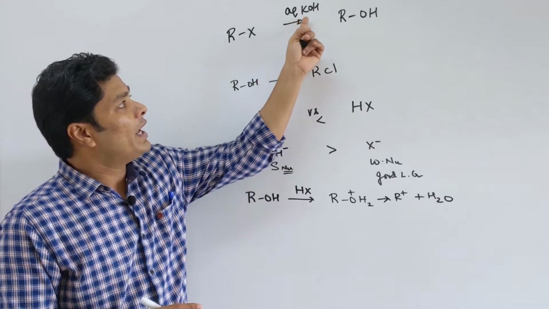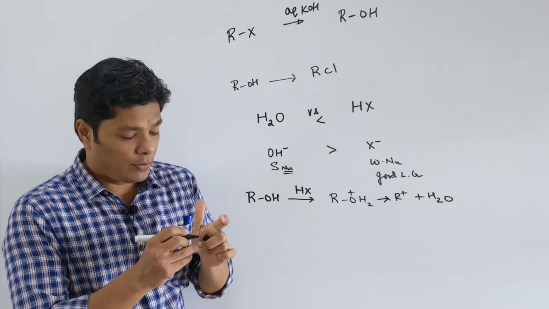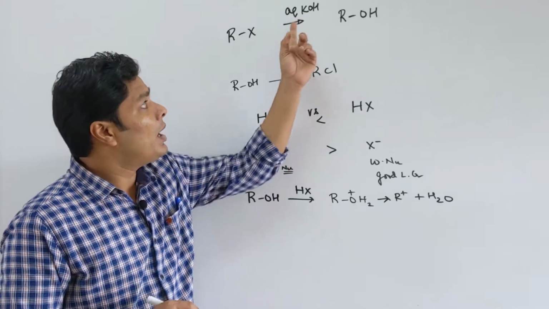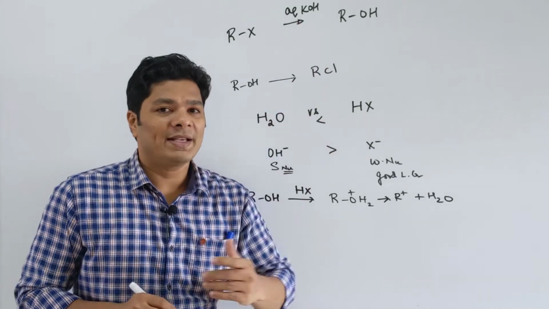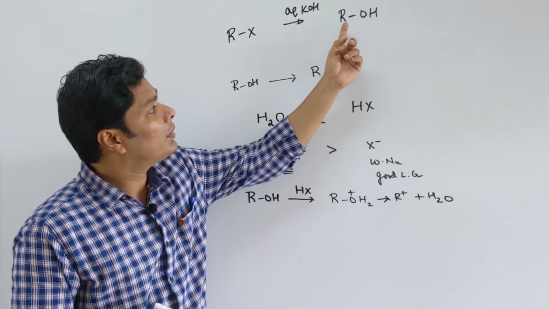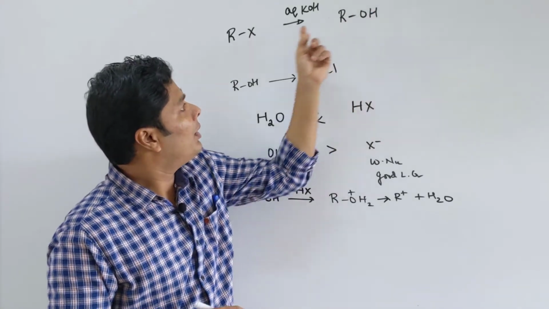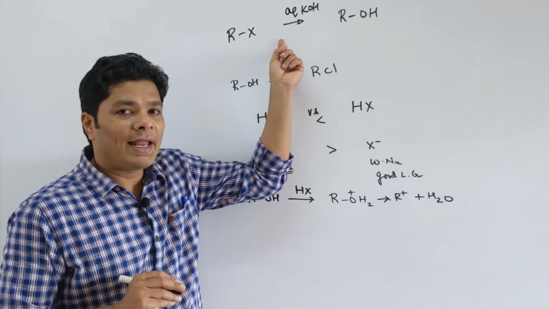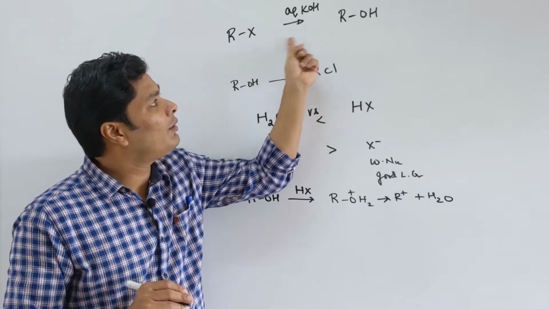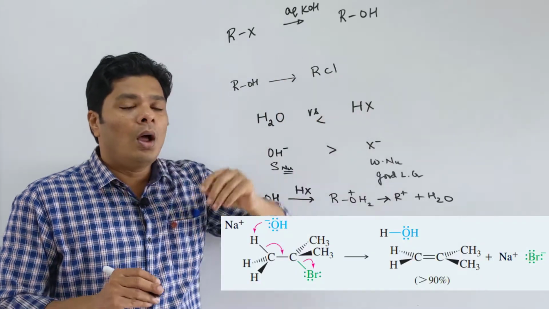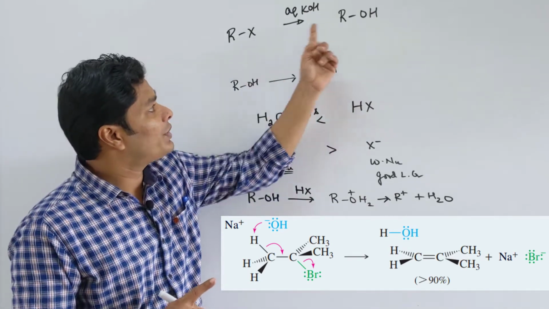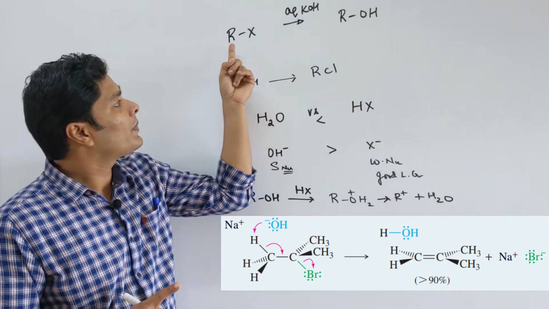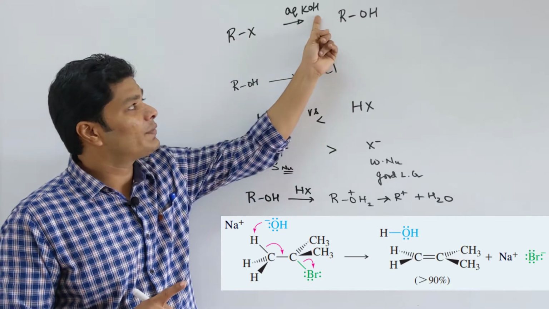One is aqueous KOH does not really give you a really good tertiary alcohol. Second thing, even among secondary alcohols and sometimes with primary alcohol, aqueous KOH is also a base, so it can give you elimination reaction. So, the side product is always an elimination reaction, minus HX, dehydrohalogenation. We saw this as reactions of alkyl halides or synthesis of alkenes. So, that is always going to be a side reaction. Now, which is going to be the major reaction? Is it a substitution reaction forming an alcohol or elimination reaction forming an alkene? That will depend on the nature of the alkyl halide you take and nature of the base.